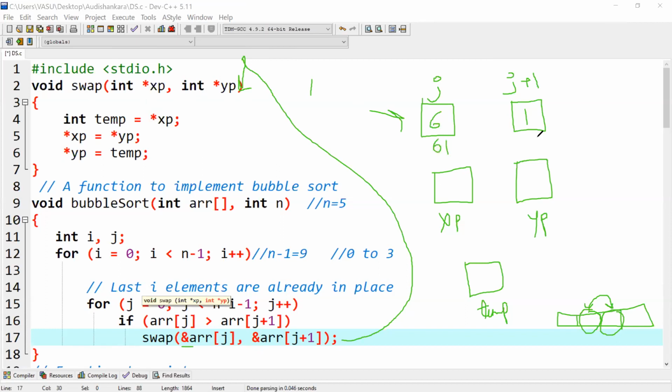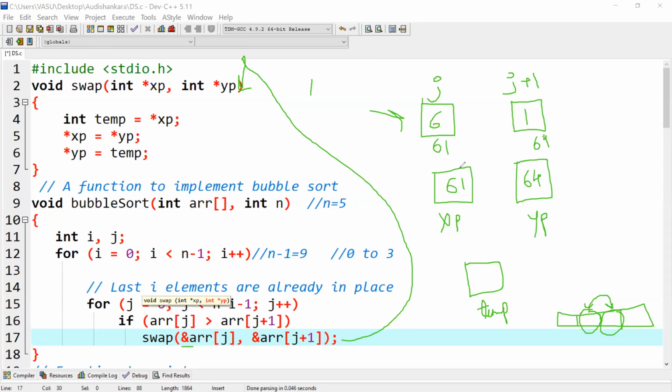Suppose the address of this is 61 and the address of this is 64. Let's assume, address can be anything. So I am passing the addresses over here. Means inside this xp, the address will be stored instead of storing the values. These addresses are stored inside this.